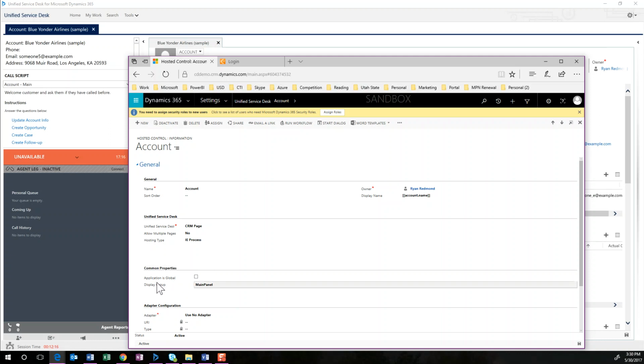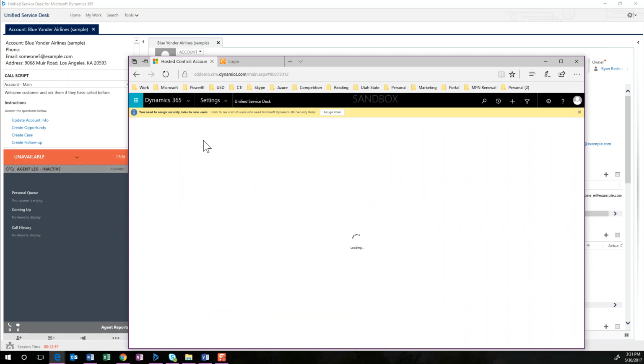I'll show you an example of a global piece when I show you search in a second. And then it's displayed in the main panel. That was that center panel that I showed you on the USD interface. Just to get a comparison, and I'll then show you how these different hosted controls work inside of USD. So if I go back and look for the one called search,